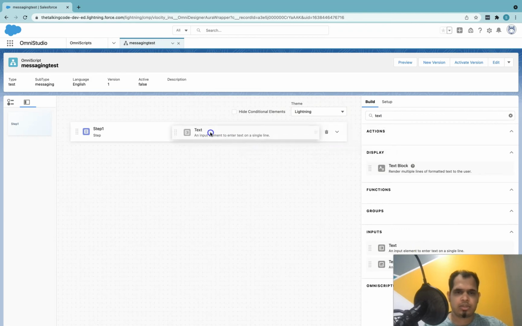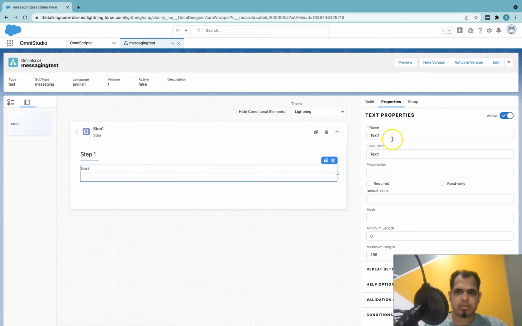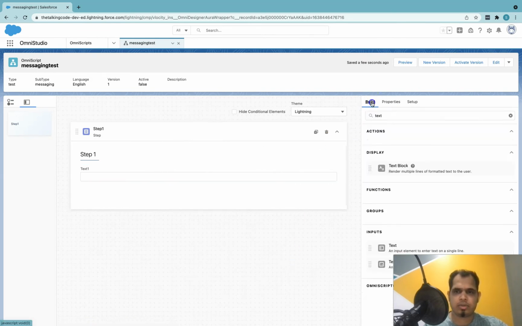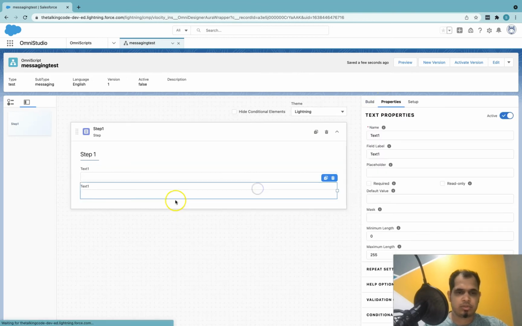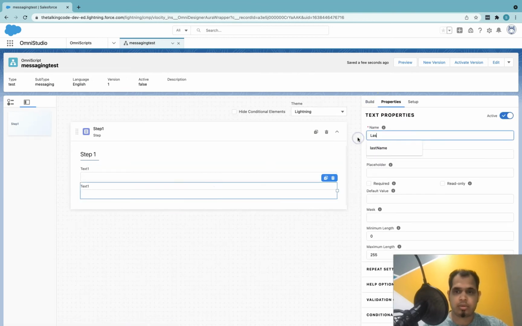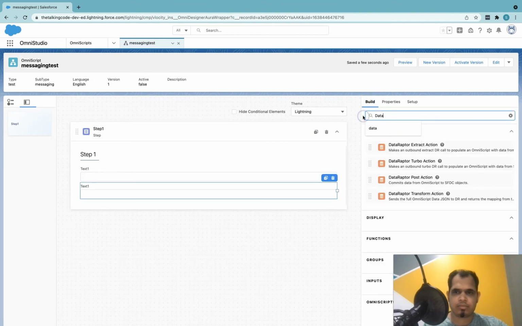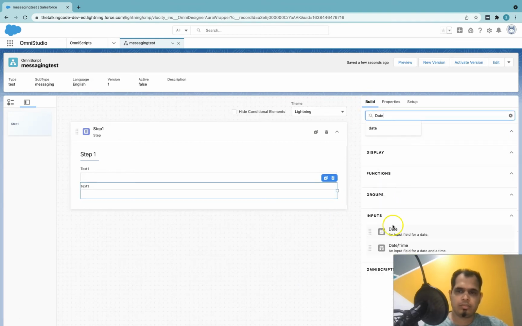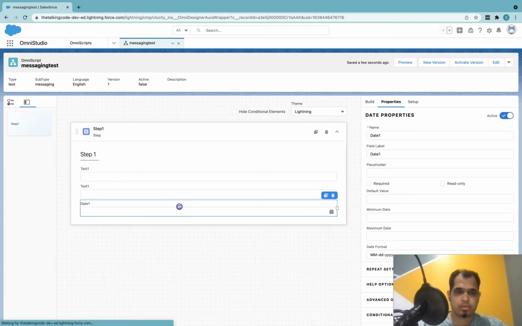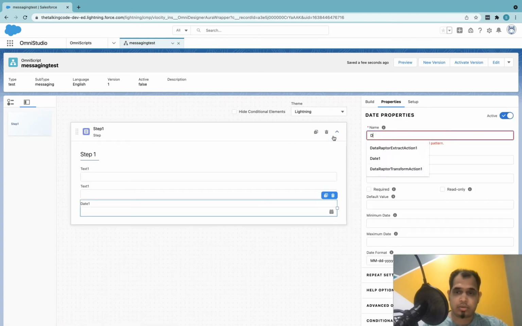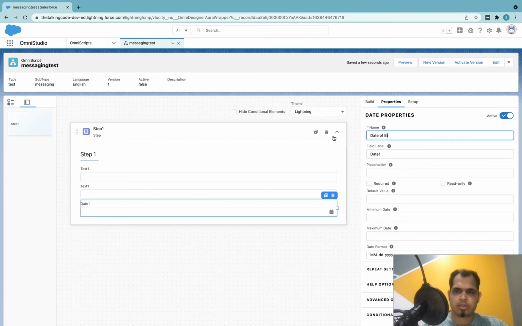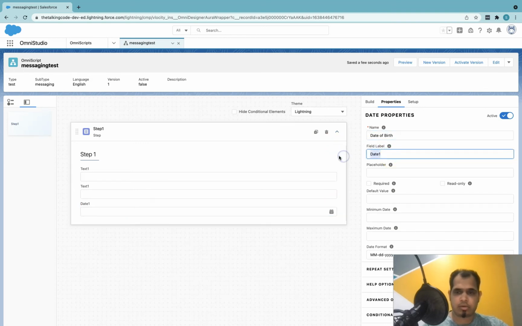Drop one text here. It will be, let's say, first name. Then we can have another text for last name, and then we can have a date. It will be date of birth, and I will give it a label.